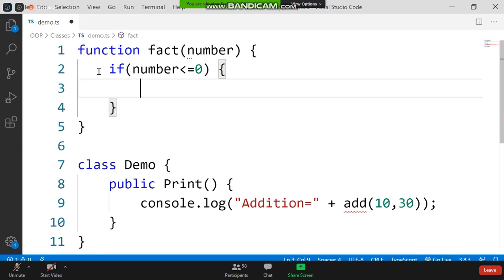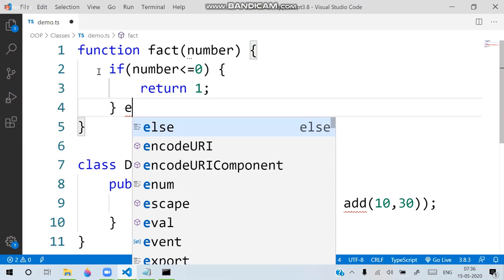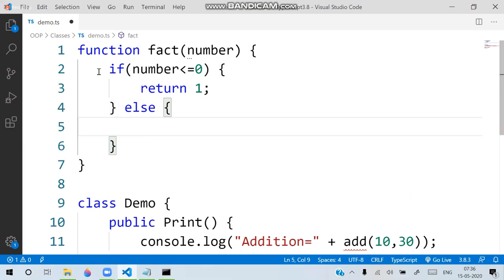This is termination. Then return 1. 1 is true. That means it will return true. Means it will stop. Else, what should happen is return. Here